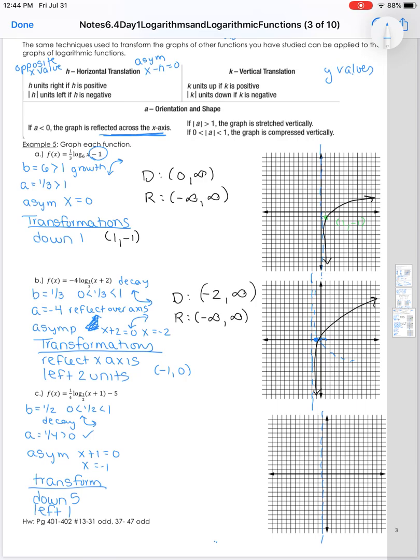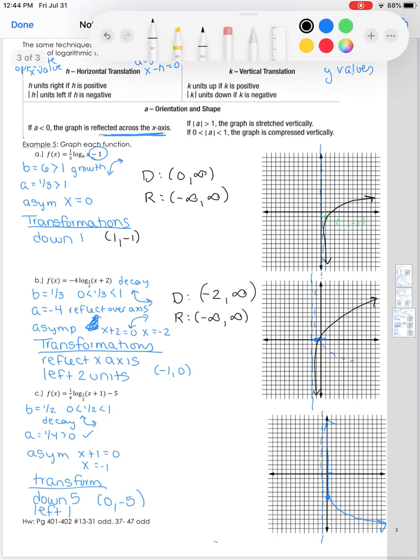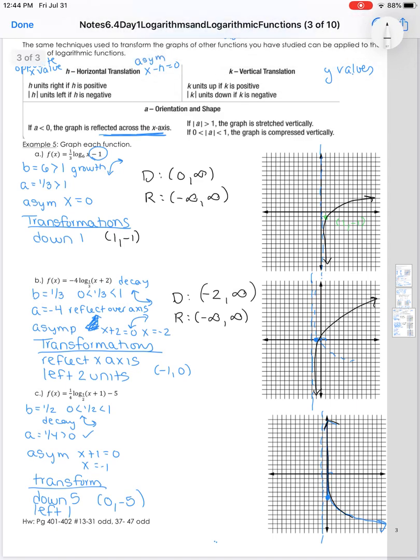So originally we would have started at (1, 0), but now we're going left 1 and down 5. 1, 2, 3, 4, 5, and there's our new starting point. 1, 2, 3, 4. So now we should be at (0, -5). And we said it was decay, so the graph should be coming down like that. Let me go with black. All right, so now in terms of domain and range, the domain is still -infinity to positive, and the range, since we said our asymptote was -1, is now going to be from -1 to +infinity for our